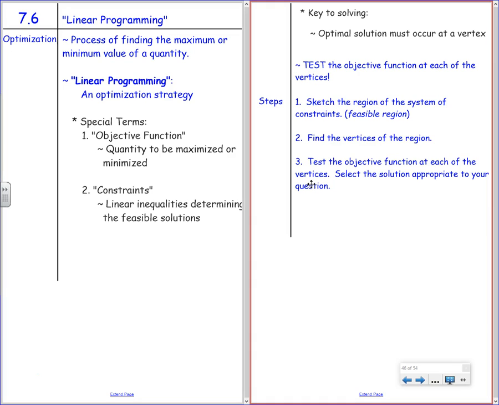Alright. If I get a perfect score on my SAT, I'm